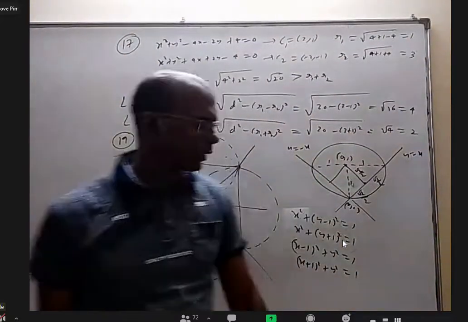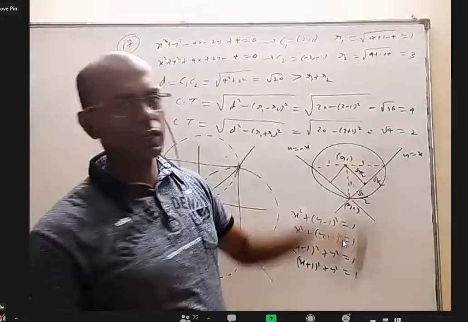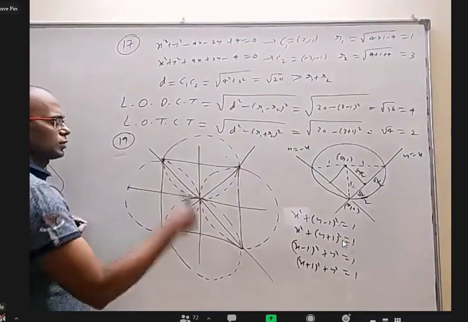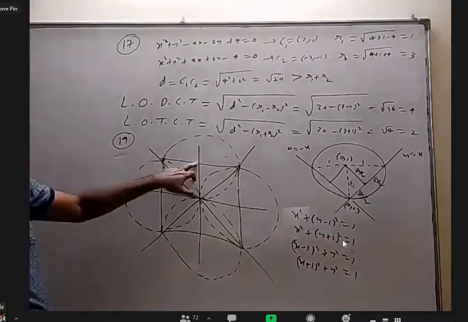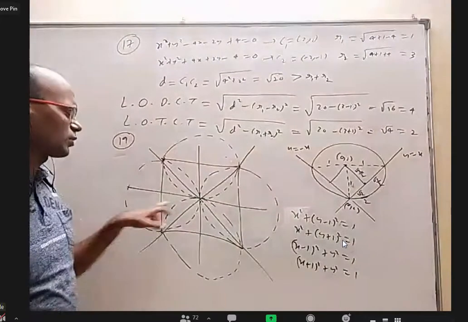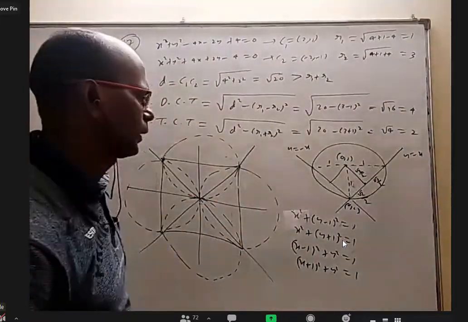Of course, you don't have to have the circle here, you can have it down, you can have right, you can have left. There will be a total of 4 answers here. One is this one, one is this one, this one, this one. If you go 1 unit above, center is 0, 1, 1 unit right, 1, 0, 1 unit left, -1, 0, 1 unit down, 0, -1. So these are the 4 circles.